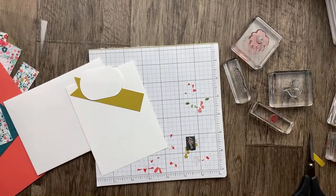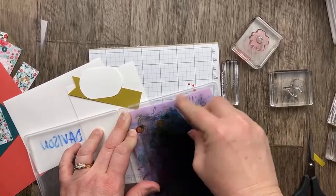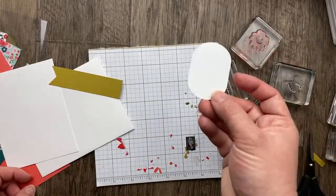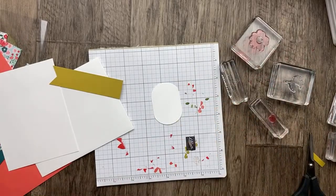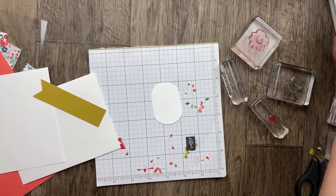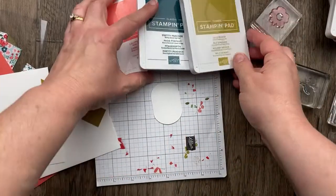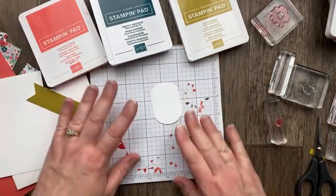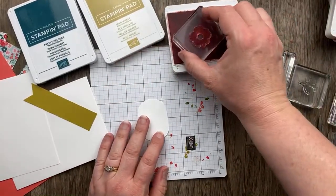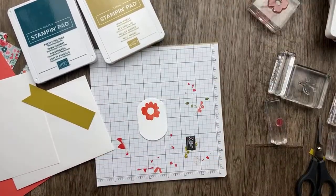Okay, I needed to clean the dot stamp, so let's do that. Oh, that sound is like nails on a chalkboard. I think everything else is good. And I love this punch. We always use it like this. I want to do something different. And so I decided to turn it and go this way with it. And I'm stamping with Calypso Coral and with Pretty Peacock and Wild Wheat. I know, if you don't like Wild Wheat, maybe I'm changing your mind, or maybe you just choose other colors and other patterns. I am going to stamp this one first toward the top, and then I'm going to add,